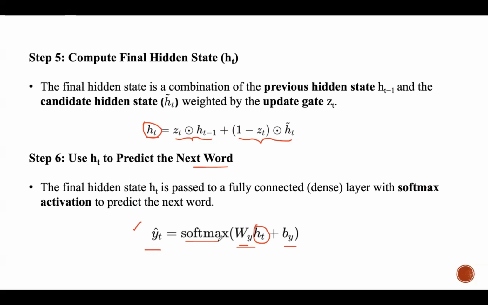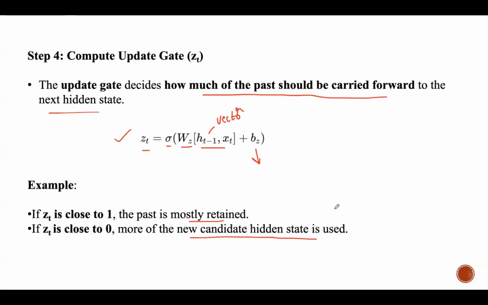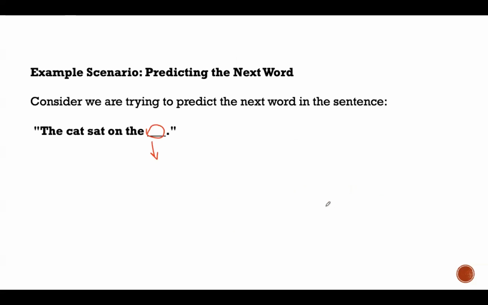So coming to the prediction of the next word. If you take the sentence, the cat sat on the mat, that is our question, right? We need to predict this word. Now, this hidden state h_t contains contextual information, whereas a fully connected layer computes scores for each possible next word. As we are applying the softmax layer, the output probabilities will be like this.